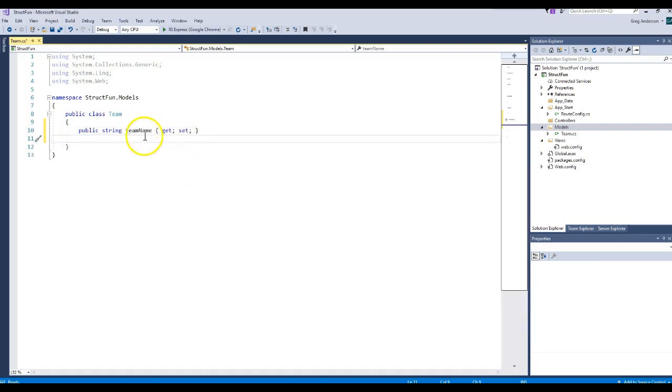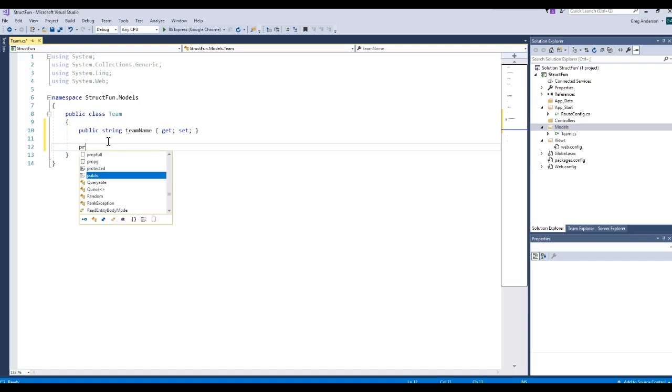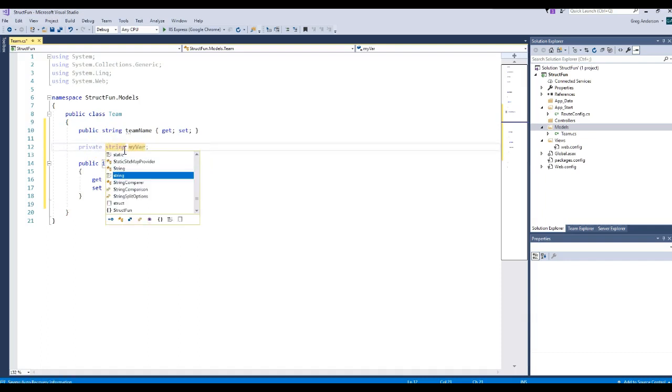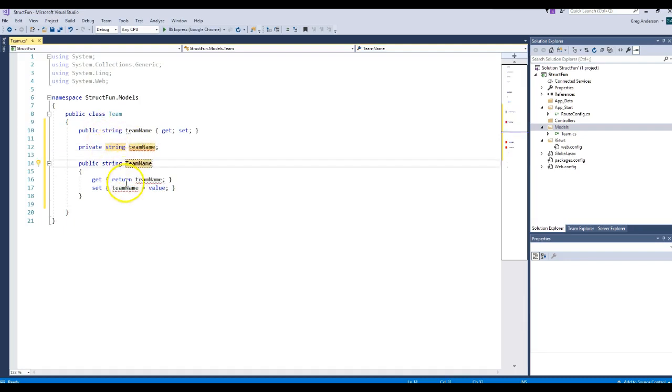And that now says if I ever go and do a team name equals something, it will automatically call the set. And if I do a retrieval of the team name, it will call a get. And so the code for both of those would really look probably something like this. Private string, and this would be team name, and this would be team name, and let me comment this out. And so this would simply say if you ever wanted to go and access team name,